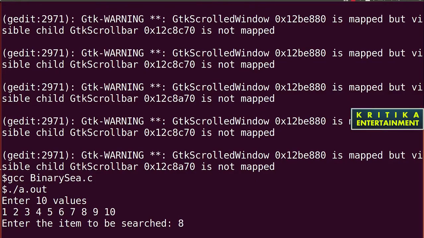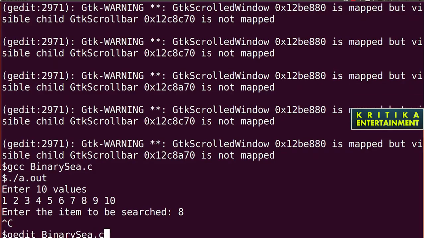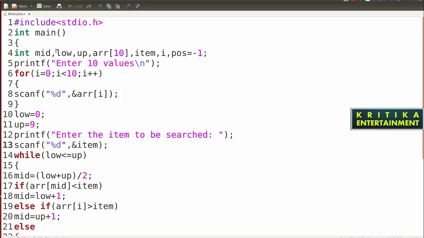Okay, so the program hangs. So I will go and check what is hanging. So just check it. So here I will open the program and here, where is the error, search.